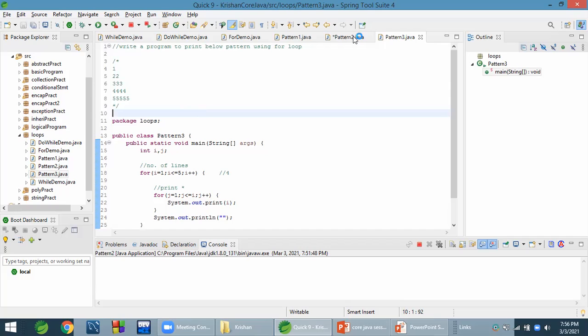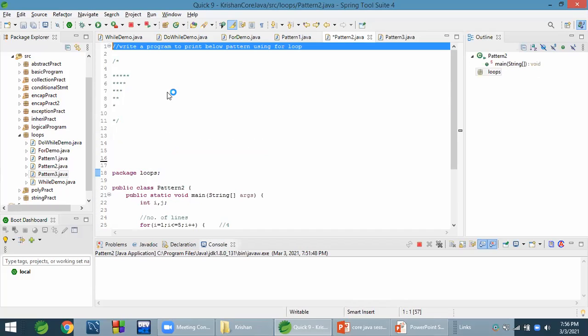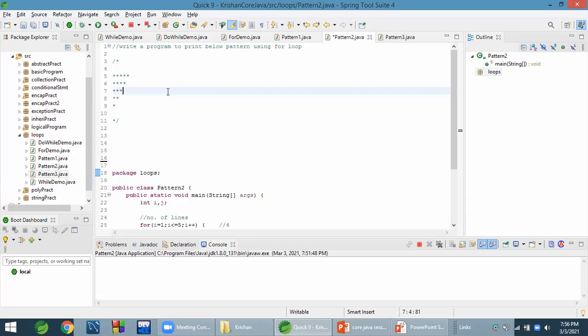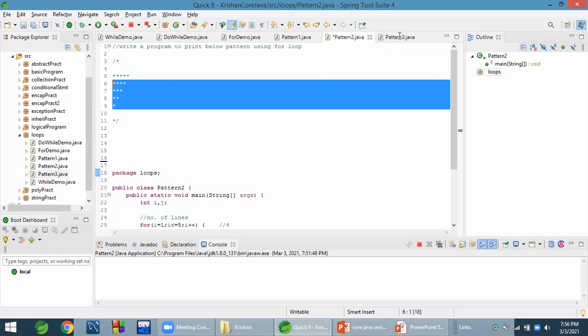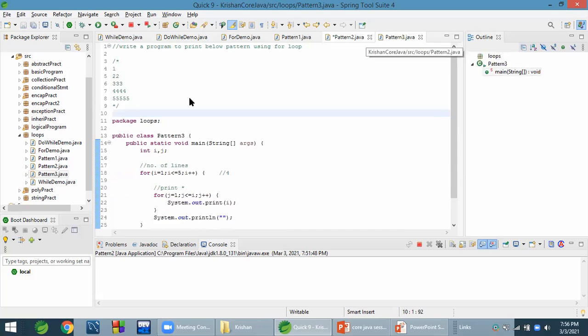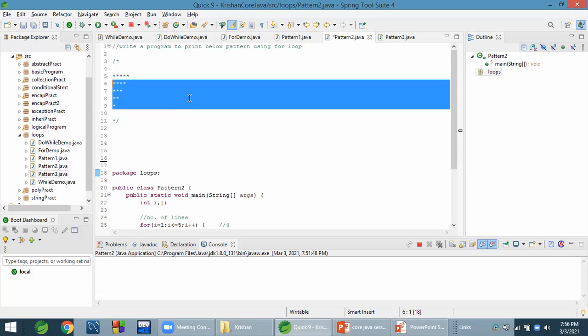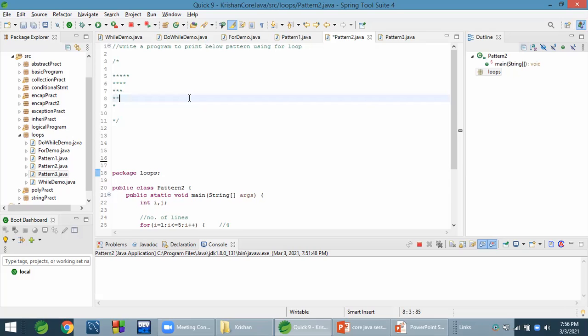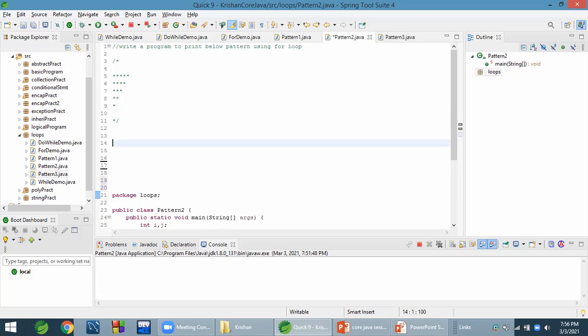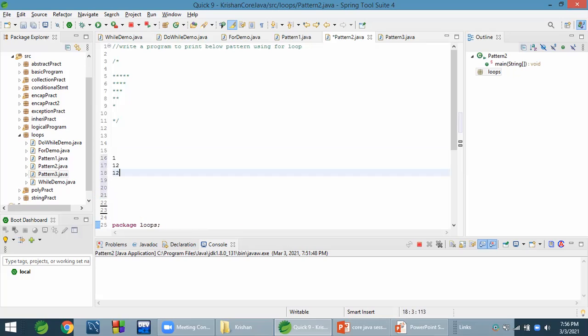Okay, we'll see one more pattern. If I do like this: 1, 1 2, 1 2 3, 1 2 3 4, 1 2 3 4 5.